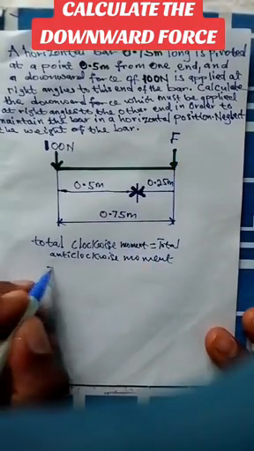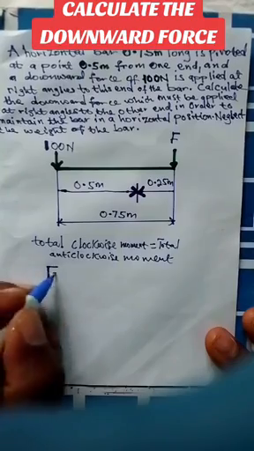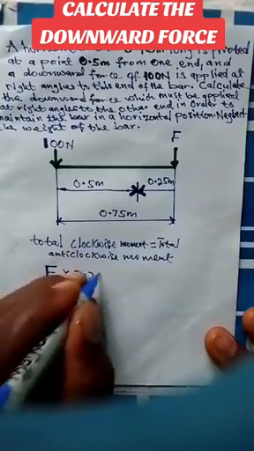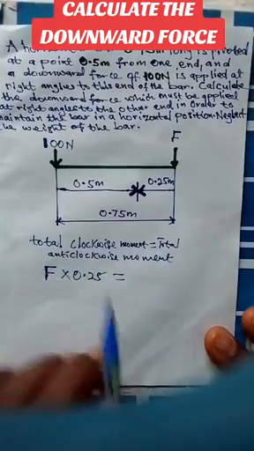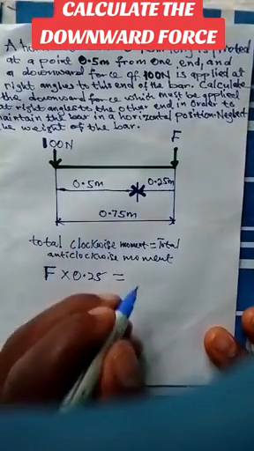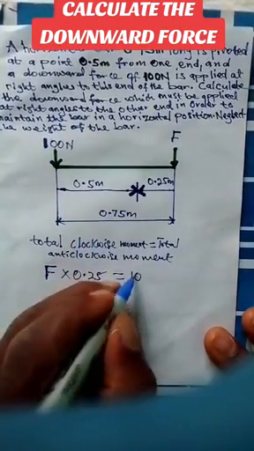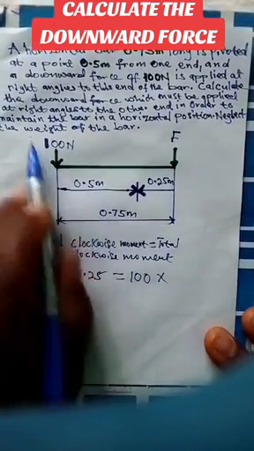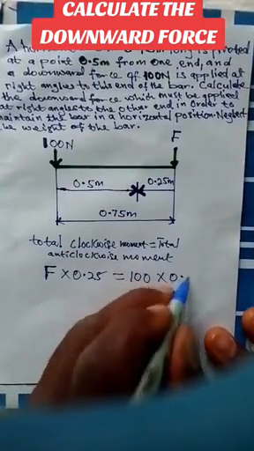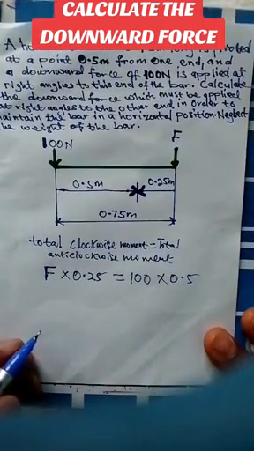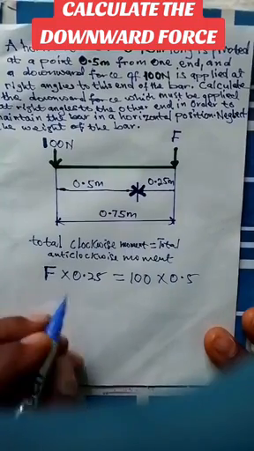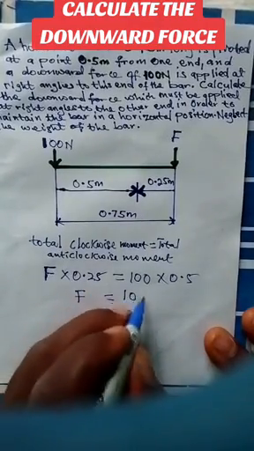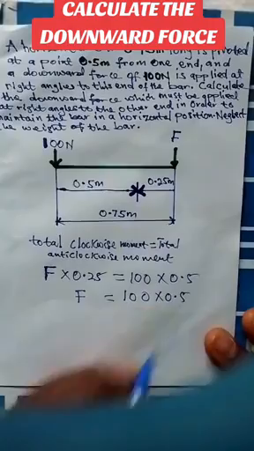So we have downward force times 0.25 equal to this side, 100 Newton times 0.5. So this force, the subject, will stand alone. Force equals 100 times 0.5